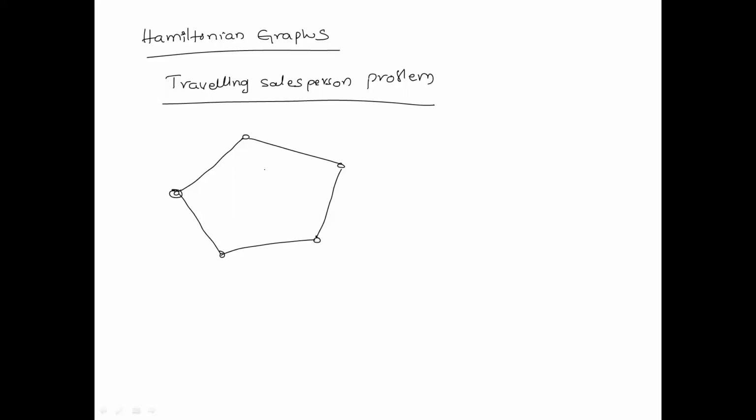So traveling salesperson problem is what? Starting from any vertex, visiting all the vertices exactly once and reaching the same vertex. So do you have such a path or not? So that is the traveling salesperson problem. Maybe you can have many routes. So many routes are there, but for him, among these five areas, starting from any vertex, visiting all the areas he has to cover exactly once, and reaching the same vertex. Is it possible or not? So that is called a traveling salesperson problem. So if we have that, then we can call that graph a Hamiltonian graph.